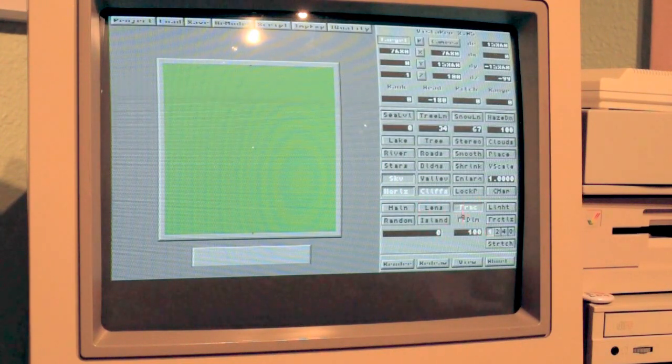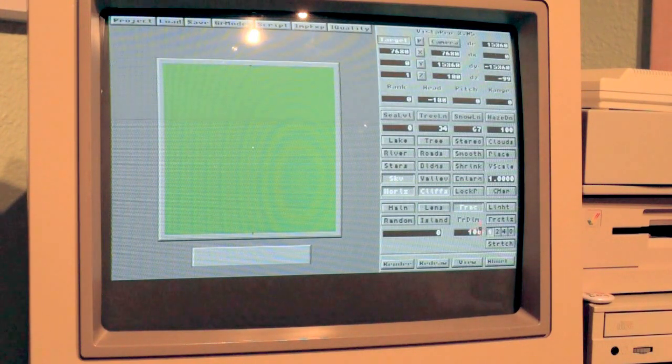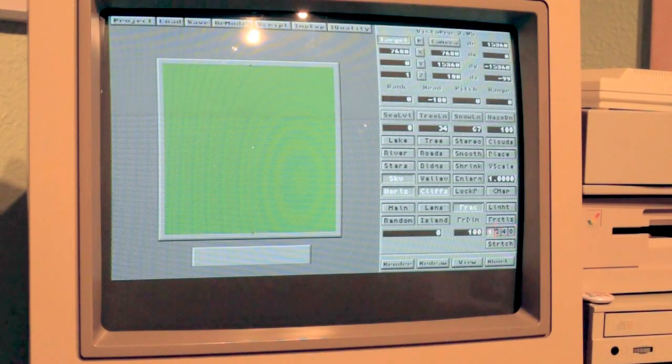So we have some other options down here. We have FRDim, and the higher we set FRDim, the higher the peaks are going to be within the scenery. And we also have some other divisors over here. So it's kind of a little bit misleading. We have 8, 4, 2, and 1. These set the